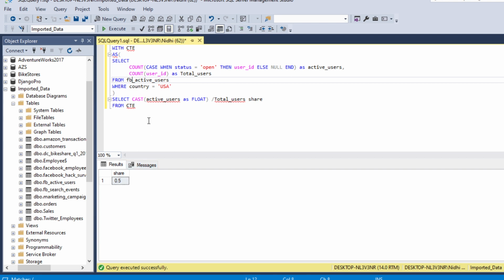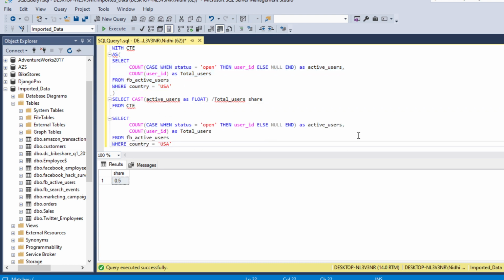Our second method is that we can directly calculate in this code only. So we'll copy this, and instead of giving it the name active users, we can cut this and divide it here only. Now we'll have to change this name, so it is our total share.